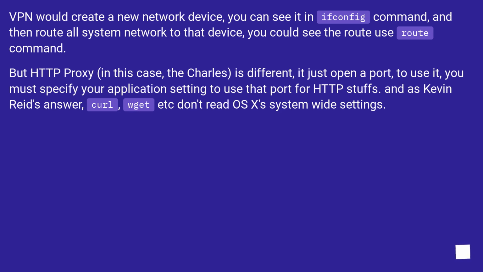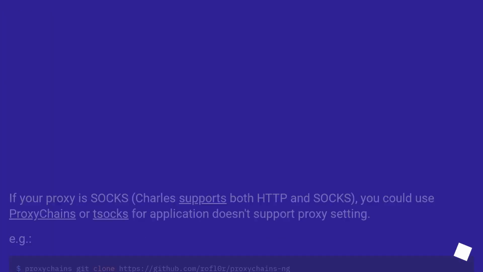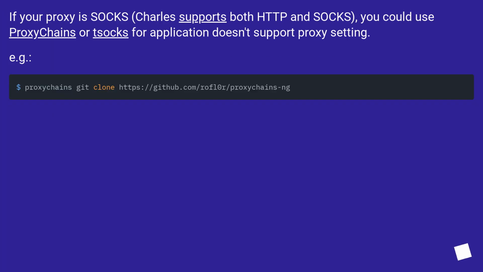And as Kevin Reid's answer says, curl, wget, etc. don't read OS X's system-wide settings. If your proxy is SOCKS, Charles supports both HTTP and SOCKS. You could use proxy chains with SOCKS where the application doesn't support proxy settings. For example,